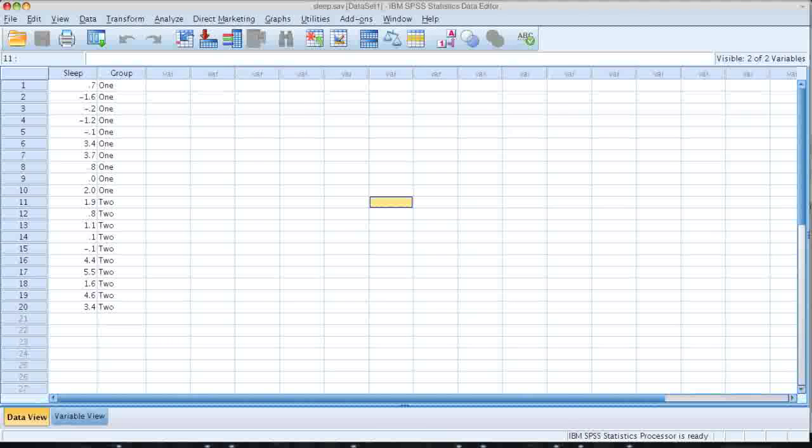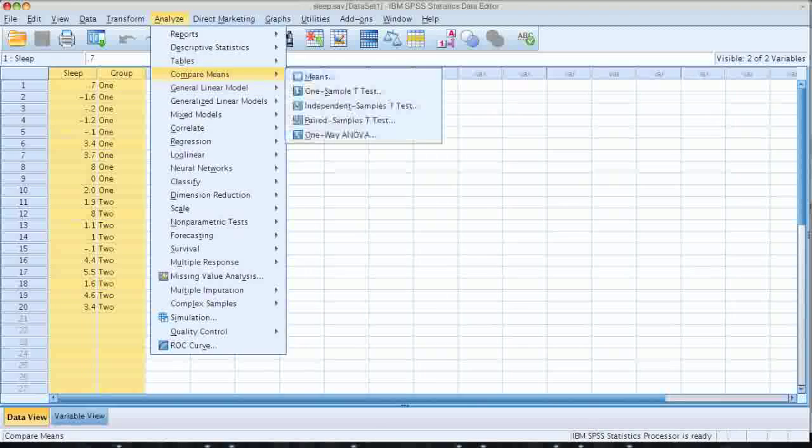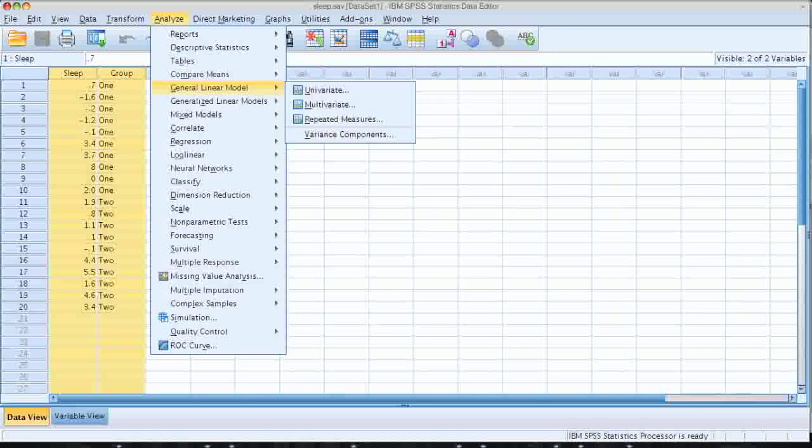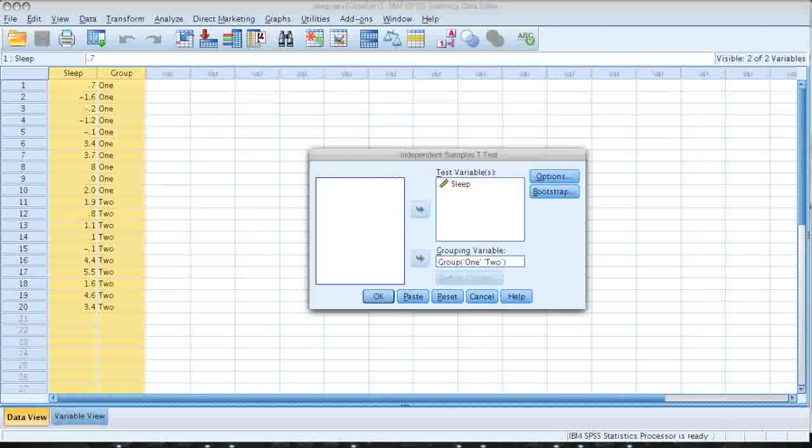First, we select both the variables. Control-click would do the deed in most cases. So after selecting both variables, go to Analyze and scroll down to Compare Means. Here we shouldn't do a one-sample t-test because we have two samples, and in this particular case we are assuming that the samples are independent. So click Independent Samples t-test, and